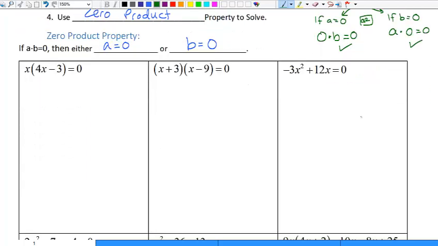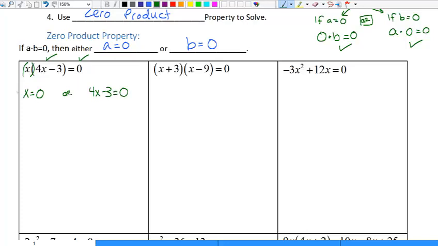So on our first problem, x times 4x minus 3 equals 0. Step 1 says set it equal to 0. Well, it's already equal to 0. Step 2 says to factor it. Check, that's already factored as well. Step 3 says set each factor with a variable in it equal to 0. So there are two factors, the x factor, and that has a variable in it, so I set it equal to 0. And then the other factor, 4x minus 3, also has a variable in it, so I set it